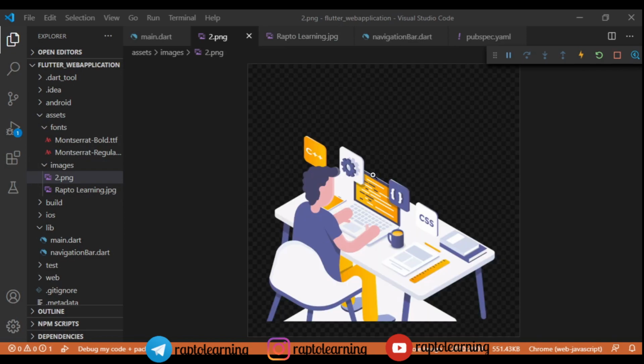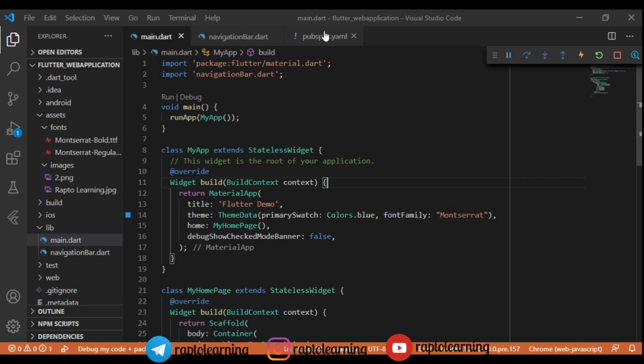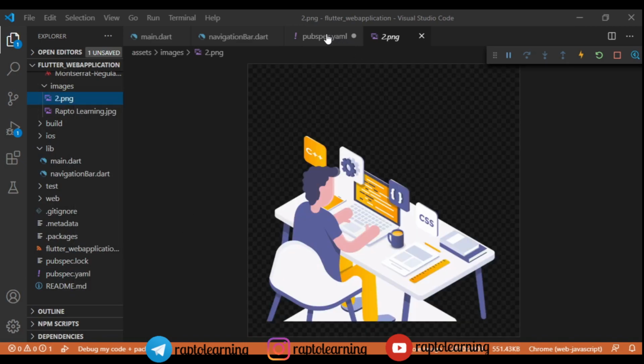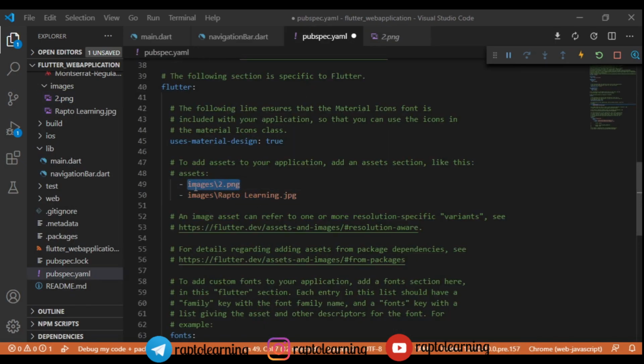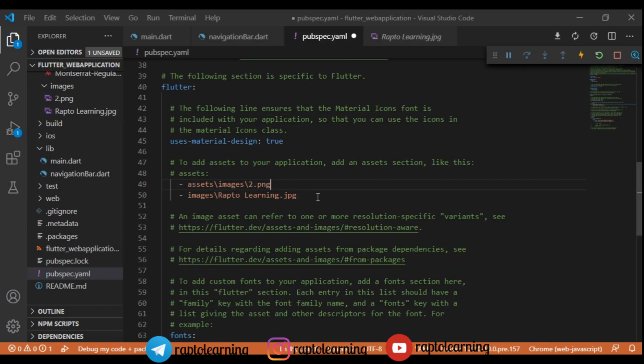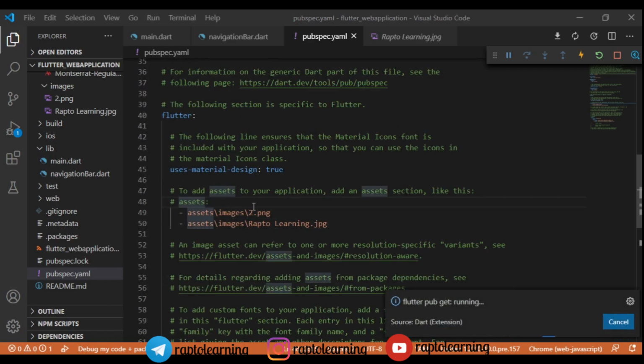And now as we have changed the fonts, I will add the images that I have already used. I have just added two images. First is this work image and this second one is our logo, right? So our logo and this image, so it is fine, right? We have to mention what images we have added. We will copy this relative path and add it in our pubspec.yaml, and we will also copy this other relative path and add it to the pubspec.yaml file. So as we have added, we will run pub get.